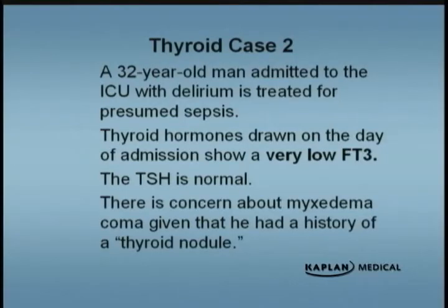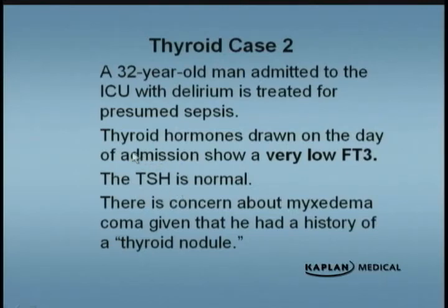The next case: a 32-year-old man is admitted to the ICU, to the intensive care unit, with delirium, and is treated for presumed sepsis. Thyroid hormones drawn on the day of admission show a very low free T3. The TSH is normal. There is concern about myxedema coma given that he had a history of a thyroid nodule. Now, what did I tell you? What's the first test we look at when we're